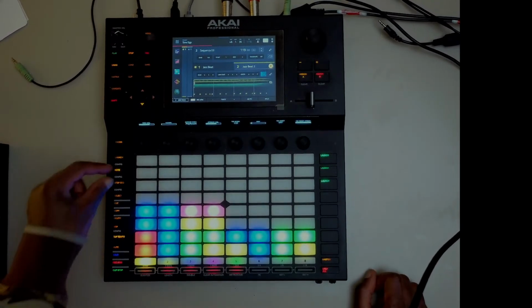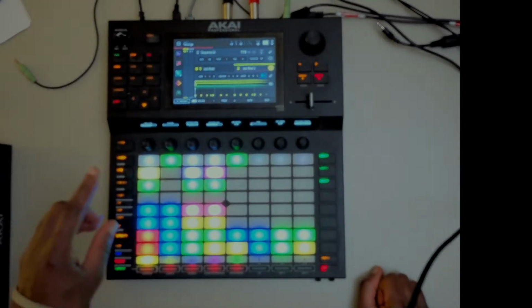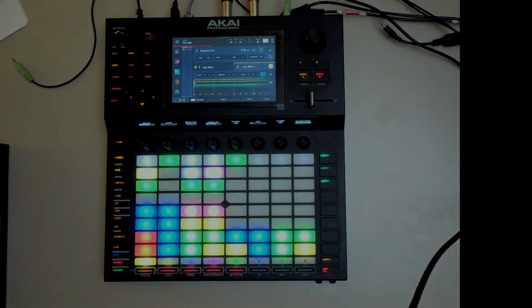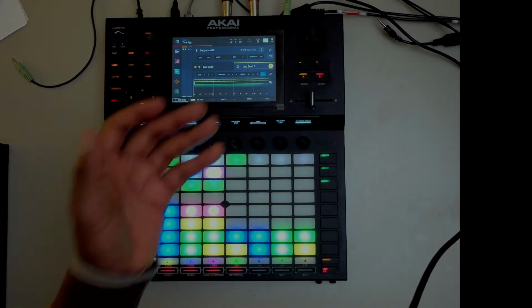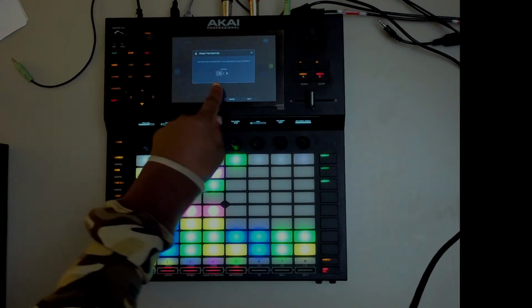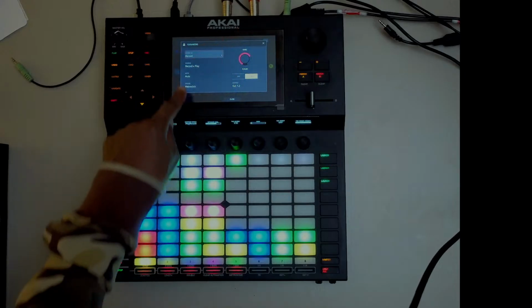For anybody who's just tuned in now, what I was trying to show is a couple of things. I showed how you can get really nice, smooth, gradual time changes, so you change from a fast tempo and it's not instant, and you do that through the arrangement. Then I showed something in a different time signature, 5/8. You come in here and tap that, and then change your time signature there. Then you go to metronome and change it to auto.